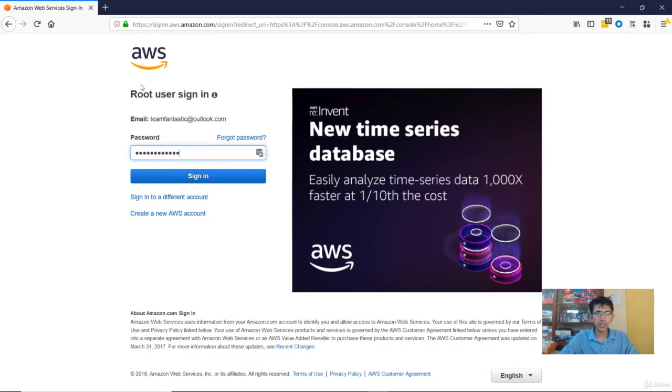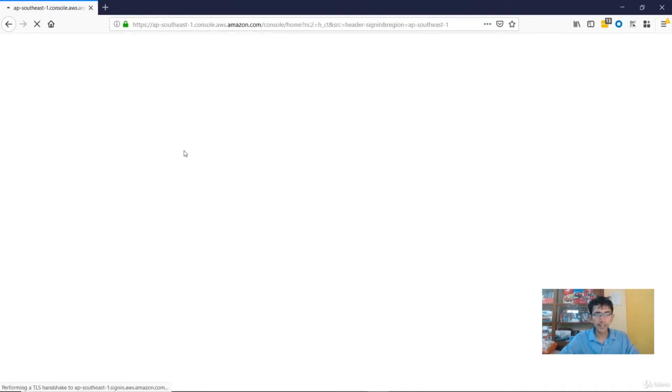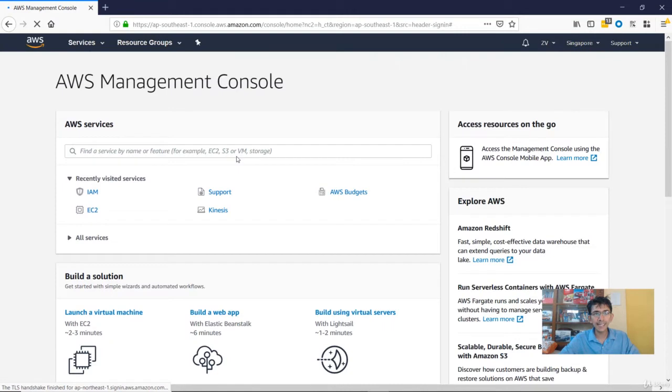Now, once you come to the login page, you will need to feed in your password and click on sign in. If you notice, whenever we click on sign in, it will automatically sign us in. Although this might seem simple, this has a security risk, because if someone gets to know your password as well as your username, they will also be able to log into your AWS account. And since your AWS account is connected to maybe your debit card or even credit card, you will lose money if an attacker launches a lot of instances.